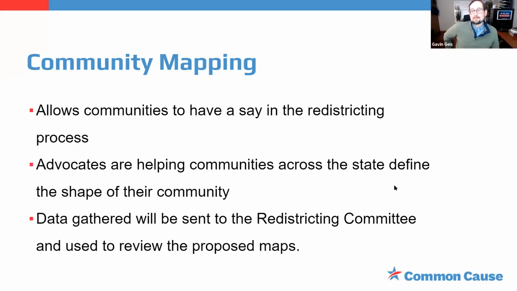The last thing I want to take some time to talk about is an initiative that Common Cause, Civic Nebraska, and other nonprofits are working on. And this is a public engagement, public information side of redistricting work. It's called community mapping. The idea is, as advocates, to go into the communities we're in and speak with them about the geographic boundaries that they see within their community. So go to a neighborhood and say, where are the streets, where are the landmarks that define your neighborhood? And then to do that throughout Lincoln, throughout Omaha, and in as many rural areas as we can,